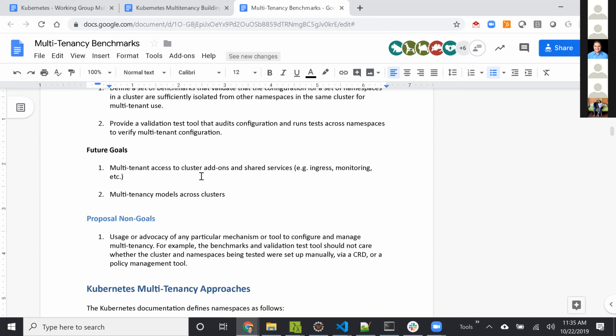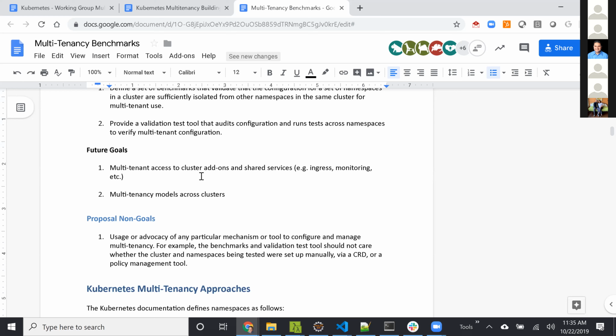And then of course multi-tenancy across clusters, because an interesting question here is how much of this should be in a single cluster, versus how much belongs in an external management plane, or with a system cluster and tenant clusters, or other models that are also being discussed.